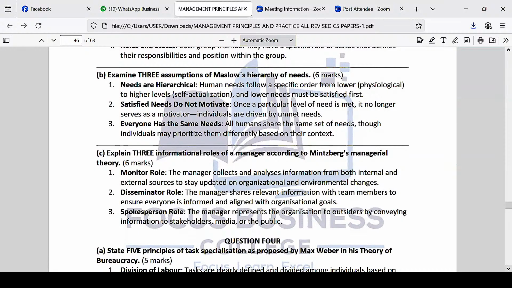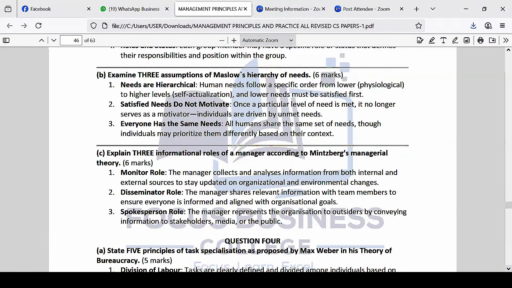This guy called Abraham Maslow said that the needs of human beings are classified from the basic needs all the way to what? To self-actualization. So in coming up with these needs, which are normally classified and ranked, there are some assumptions that researchers found that he made in coming up with that theory. Now, number one is